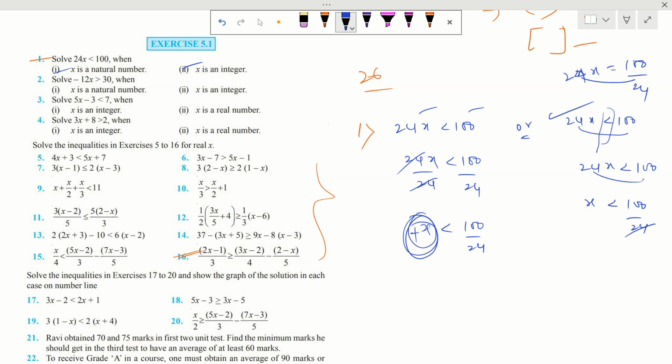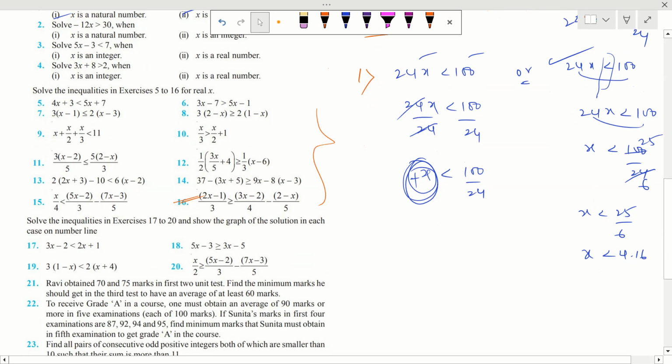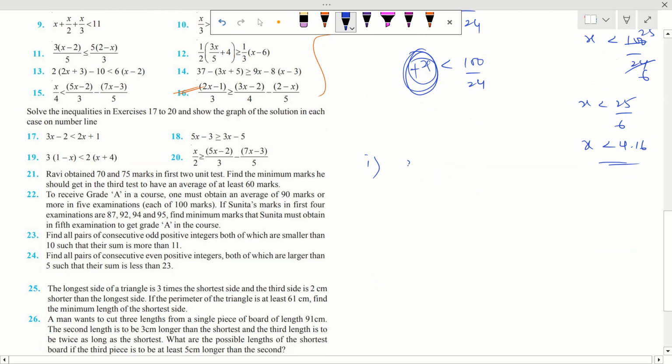4 6s are 24, 4 25s are 100, so x is less than 25 divided by 6. 25 divided by 6 means approximately we will be getting the value of 4.16. So here, 4.16. For the first case, it is given that x is a natural number. Natural numbers, we know, are 1, 2, 3, 4, and so on, excluding zero. If we put the value of x is equal to